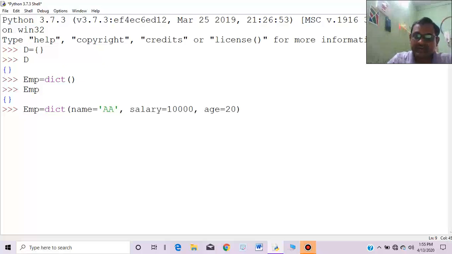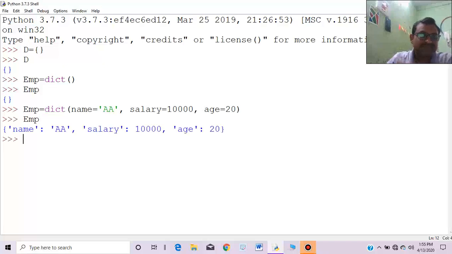Okay, so what's happening here? emp. So the dictionary is being created. All these are the static ways to create a dictionary. I have discussed earlier that if you want to create a dictionary during runtime, you have to use the eval function. Okay, so that's a fine thing, how to create a dictionary.